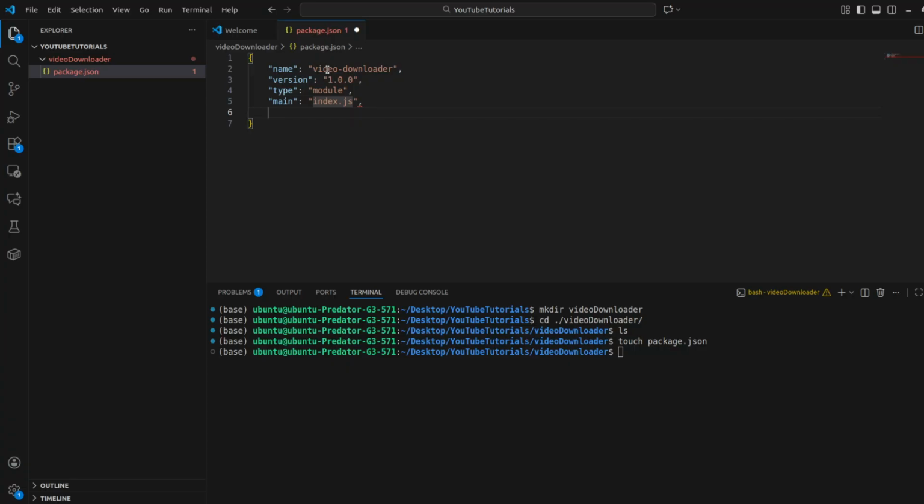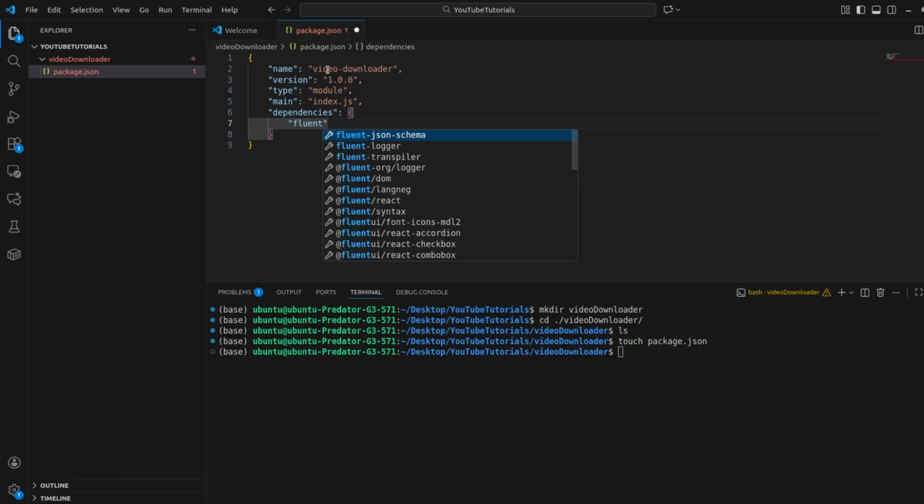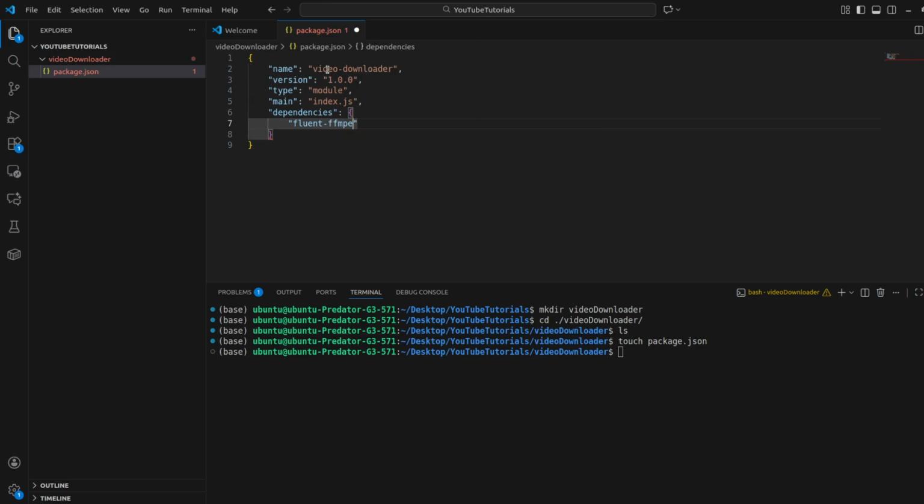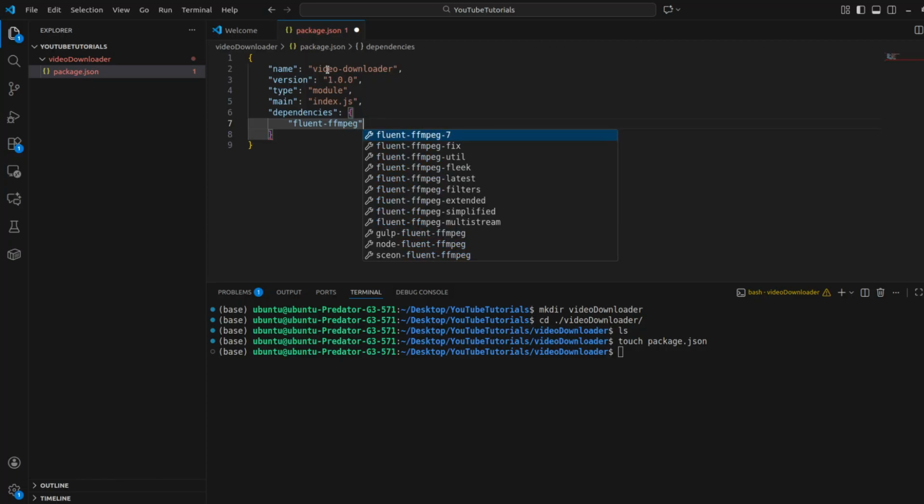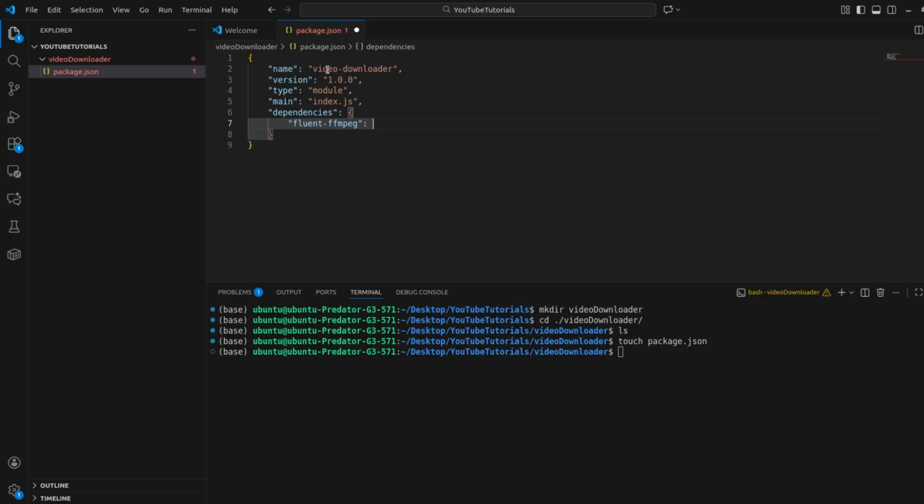And the most important part, when I was talking about dependencies, is here. We are going to include our dependencies, and the dependencies I mentioned, we're going to need Fluent FFmpeg. Now, the version I'm using, because I already tested it before, is going to be version 2.1.3 actually,